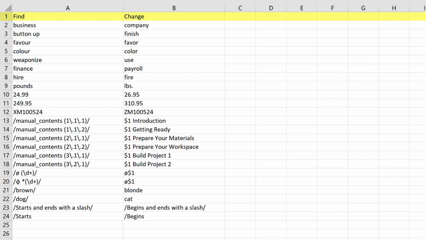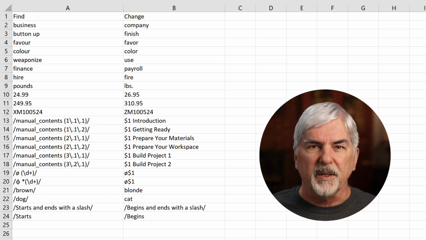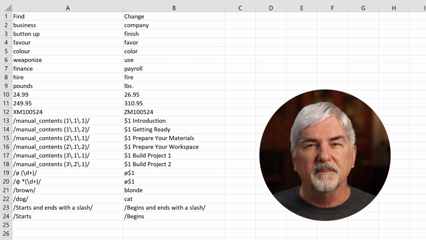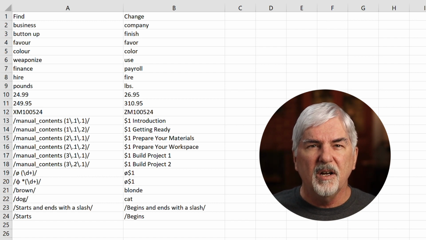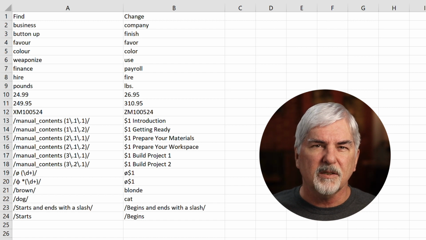The first row is the header, which identifies each column. The minimum columns are one for the text to find, another for the change. In this example, the columns are labeled Find and Change. These could just as well be Match and Replace. The precise column names, or their order, are not important, and there's no harm in extra columns. Which column is Find and which column is Change are selected in the script interface.